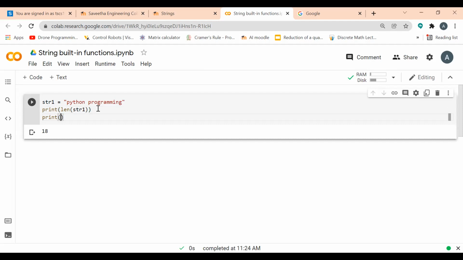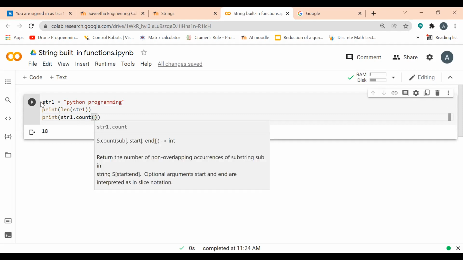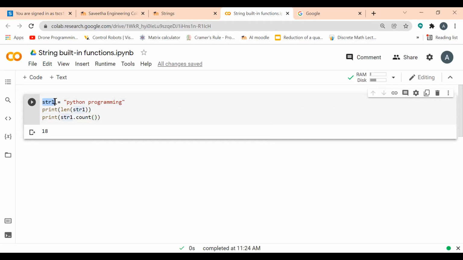Next function is the count function. The count function is used to count how many times a character is there in that particular value. My string variable is str1, equal to Python programming.